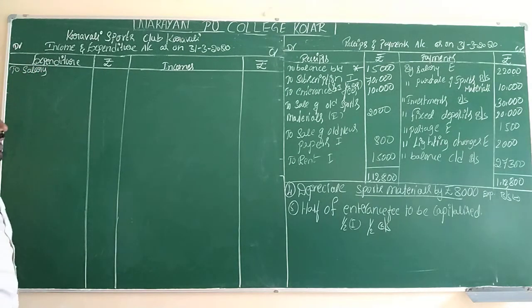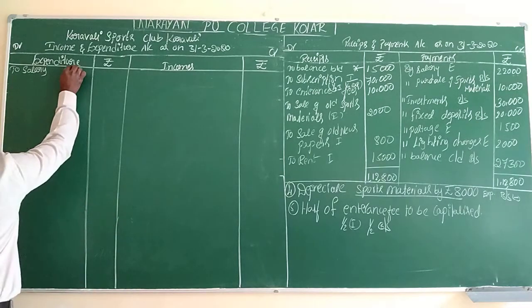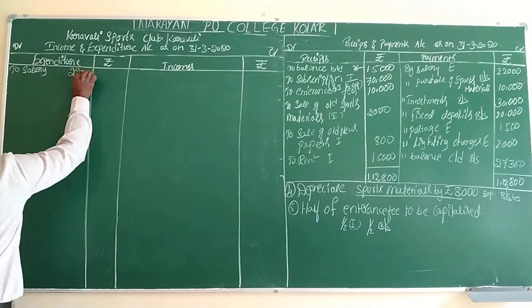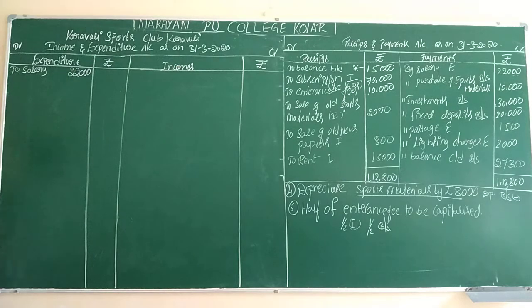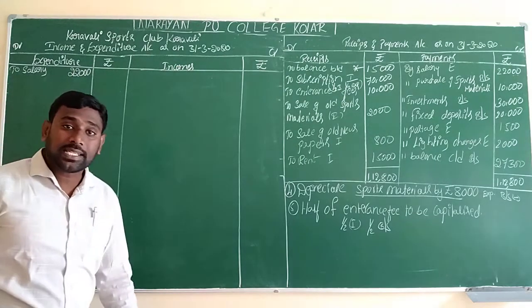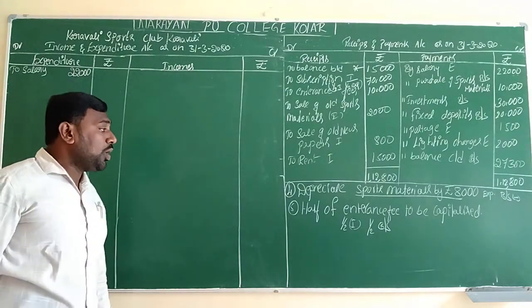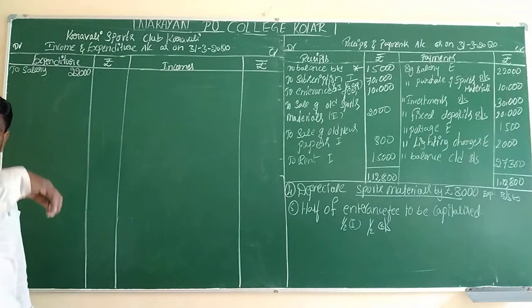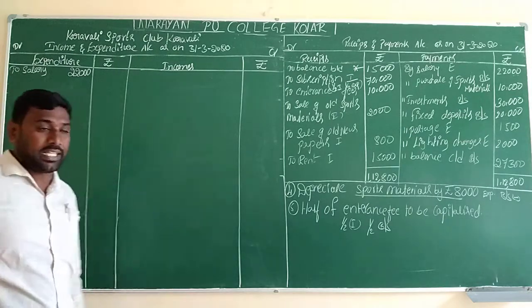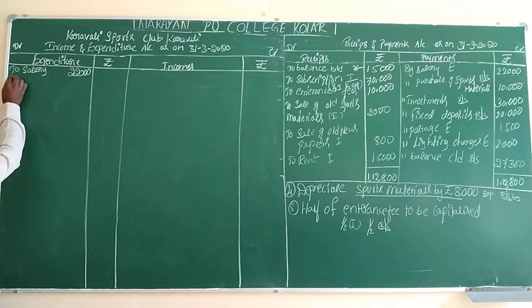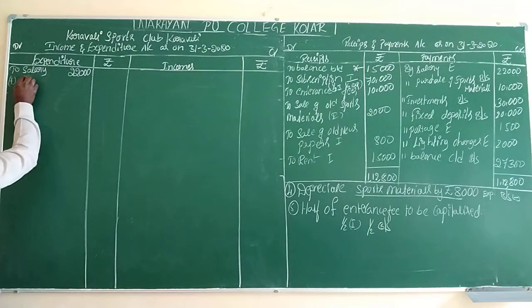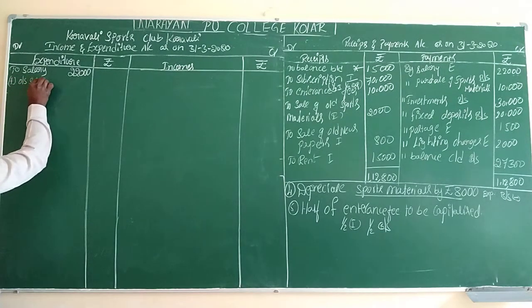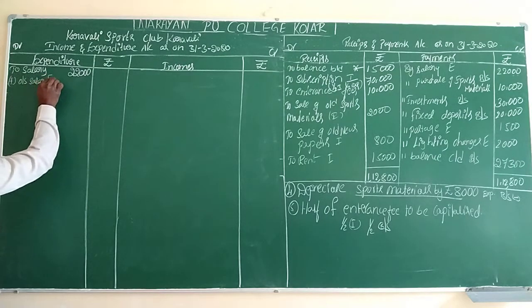To salary. The value of salary is 22,000. We should write in the inner column itself. Why? Because we have adjustments of this salary. One outstanding for the present year is there, last year outstanding is there, so that we have to adjust now. Add outstanding salary. In bracket we have to mention